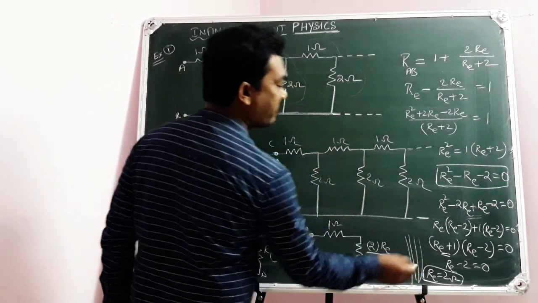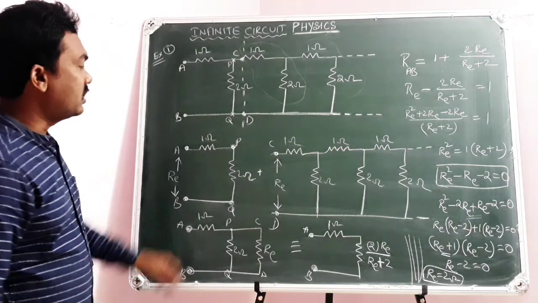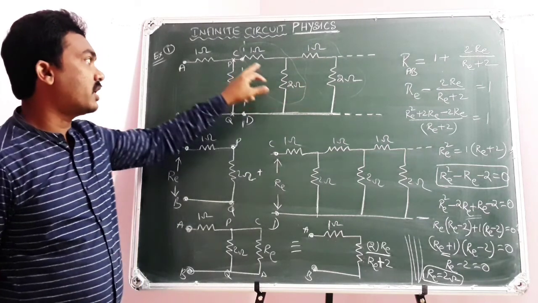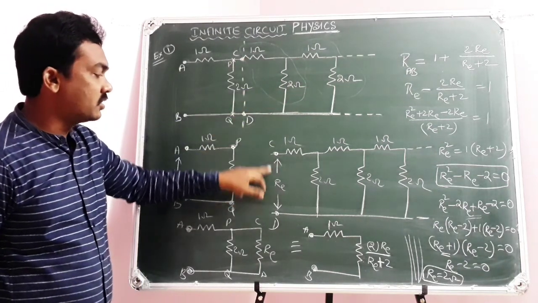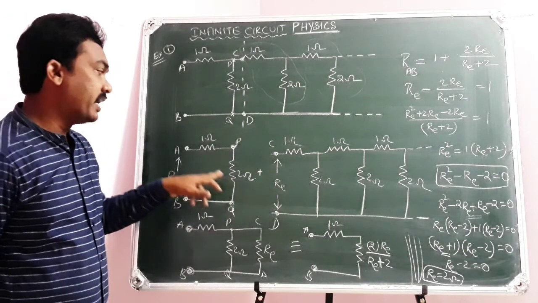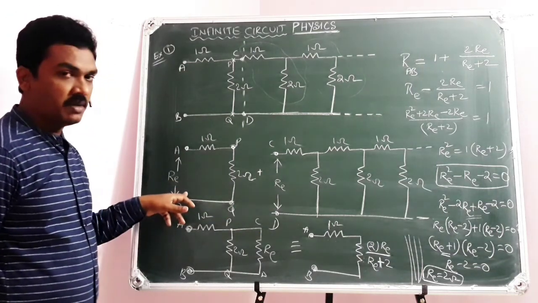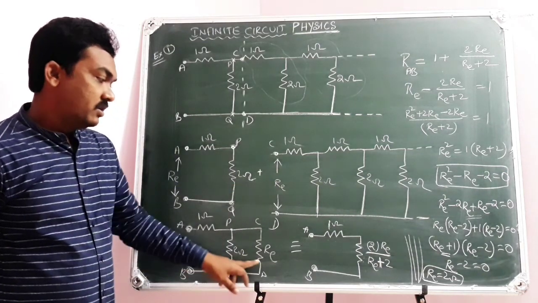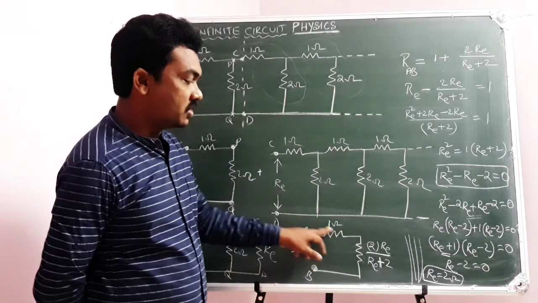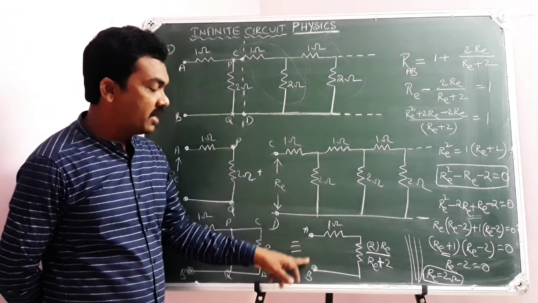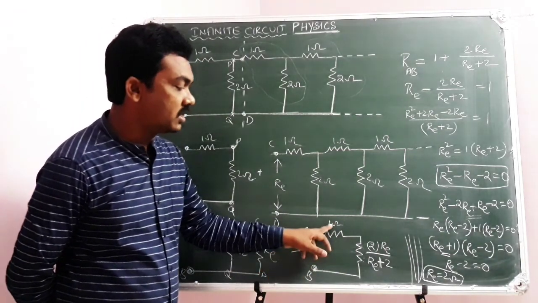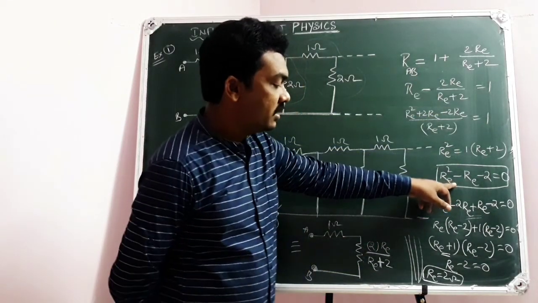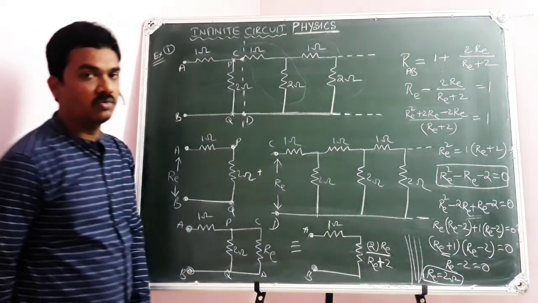Here is the final part of calculation. So this is the given electric circuit where the combination of infinite resistors can be replaced with an equivalent resistance between CD, and we need to calculate equivalent resistance across AB. Now it appears PQ and CD are in parallel combination, which is in series with 1 ohm resistor. Then I can calculate equivalent resistance across AB as the series combination of 1 ohm and this. Then I come across a quadratic equation in terms of RE. Then on simplifying, RE is equal to 2.